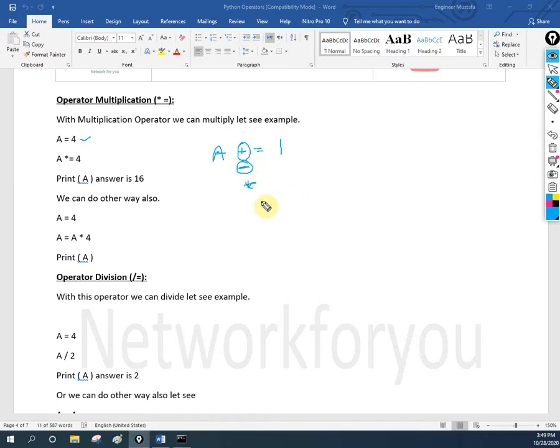That's all. If you want to divide also, we will do it that way. I will show you that later. So now just remember, if you want to add 1, you write plus is equal to. If you want to subtract, you write minus is equal to. If you want to multiply, you write the multiplication symbol star, then is equal to.